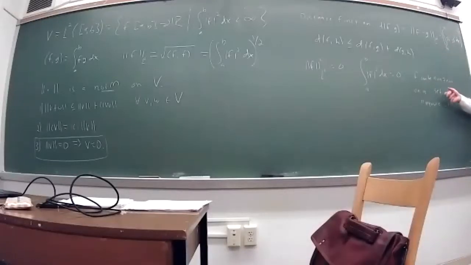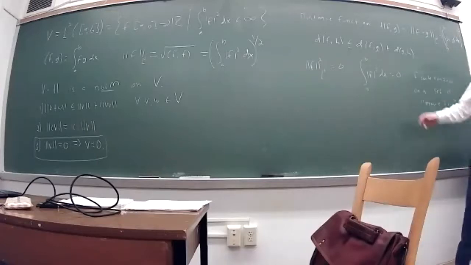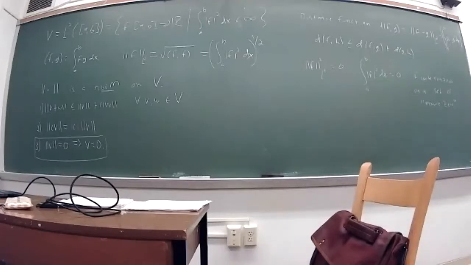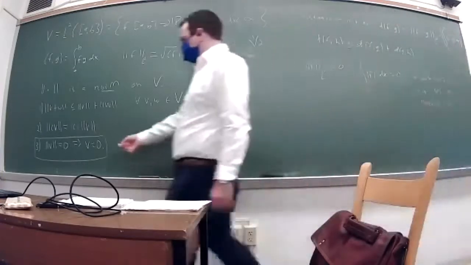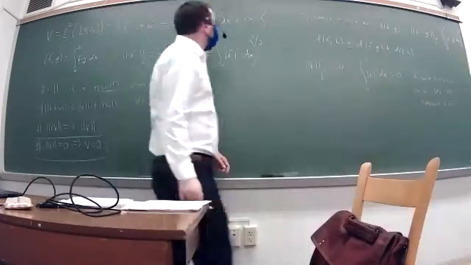You could even take a function that is non-zero, like on the Cantor set, and it'll still have 0 integral. You could take a function that's non-zero on all the rational numbers, 0 everywhere else. It'll still have 0 integral. So there's all these kind of non-continuous functions that mess up this third property. And that's kind of where